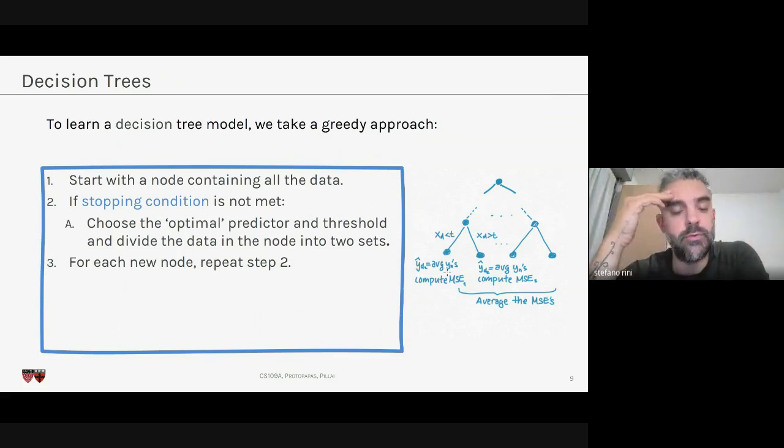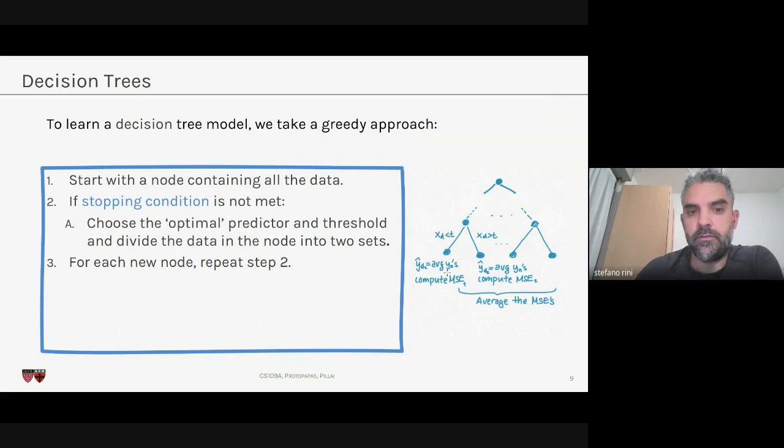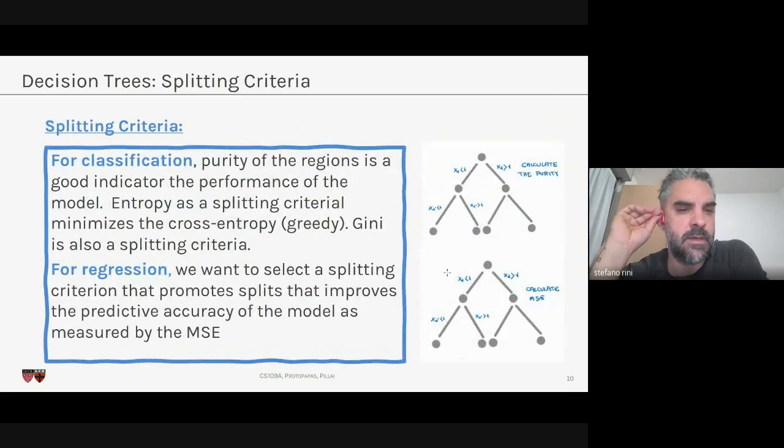This prediction could be a regression type of prediction, so it could be a value for the class, or it could be a classification, so it could be a category for the elements in the class. So the stopping criteria, we said that the stopping criteria are very important because we want to maintain a certain balance in the tree, a certain depth in the tree. We don't want the model to grow infinitely complex.